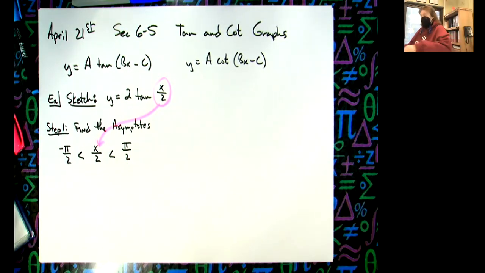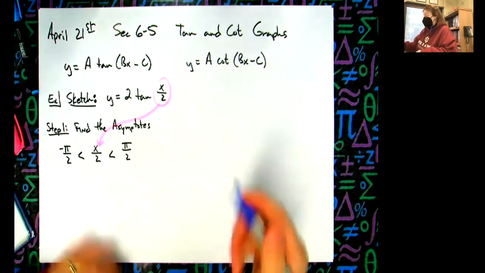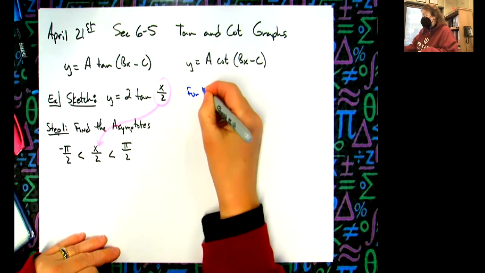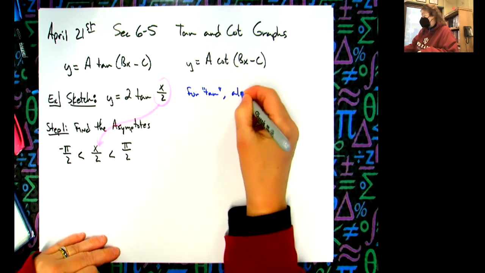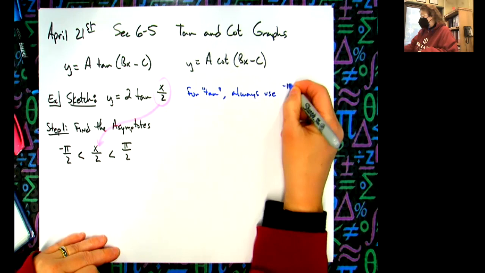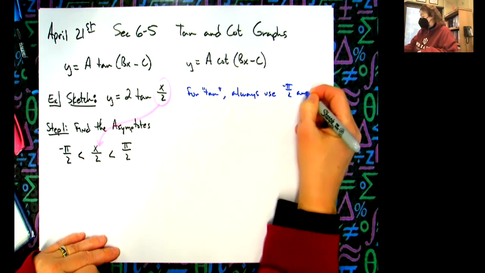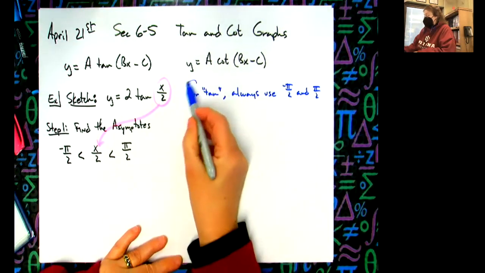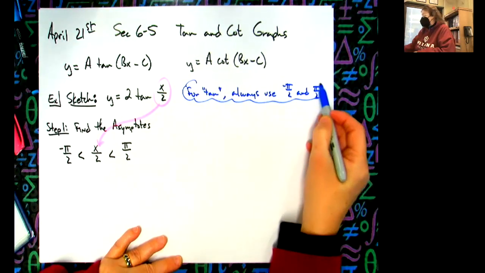And so also let's make a little note for tangent. Always use negative pi over 2 and pi over 2. But we talked about why, because that period on that base tangent graph was not moved away